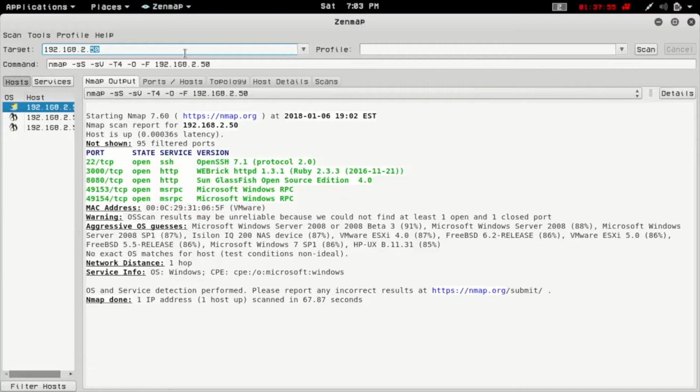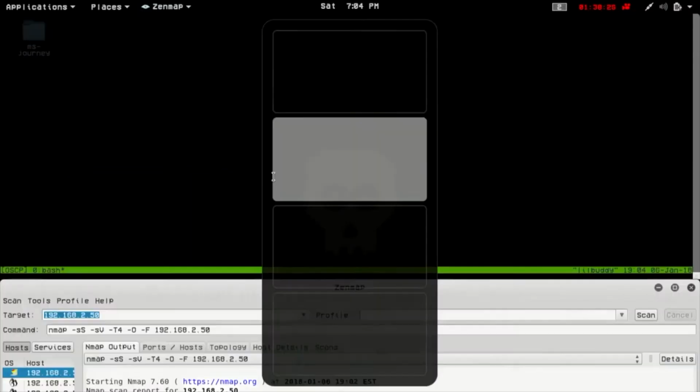OpenSSH. So we can actually SSH into this Windows box. It's Windows Server 2008. This is actually vulnerable to, I think, EternalBlue. But the SMB service isn't open, so we can't actually exploit it that way, I don't think. But if we need to privesc, that is a viable privesc as long as we can turn on the SMB. So let's go look at this